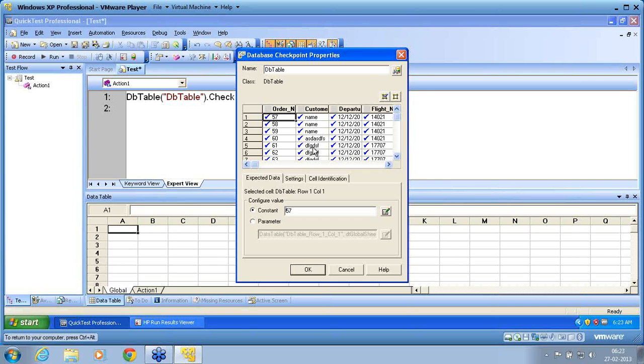Second, we are moving on to runtime checkpoint. Runtime checkpoint is very important